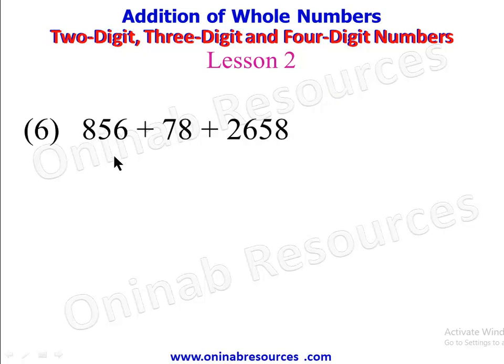For problem 6, these are mixed digits. This is a 3-digit number, a 2-digit number, and this is a 4-digit number. So what we do is we start from the highest digit, as we are arranging it in a tabular form, meaning we start from the highest number to the lowest number. So the highest number here is 2,658. So we have it as 2,658 followed by